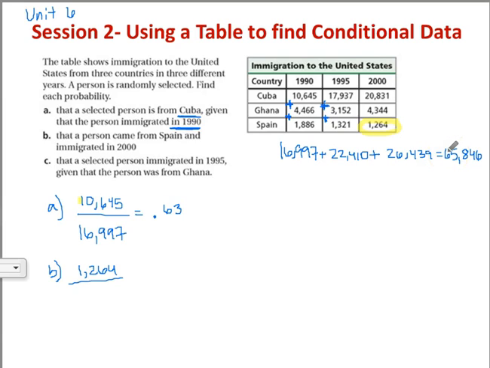Let's check that. I'm missing something. Hold on a sec. What am I missing? And never mind, that is correct. We got the correct total there. So we want to put that on our denominator,